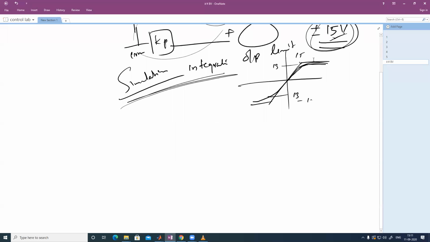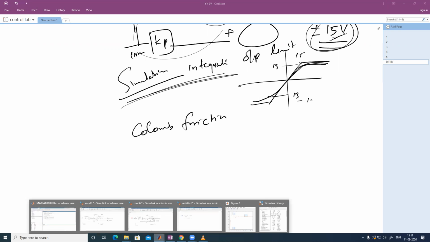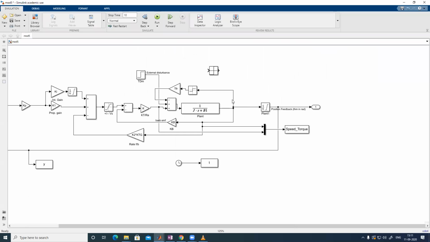Another one is Coulomb friction. So Coulomb friction is coming here. Friction comes after the motor develops omega. The friction acts in the sign of the direction of omega, so there is a signum function you can give. The value of friction is 0.06, and that should be subtracted from the net torque. So that is this loop for Coulomb friction.